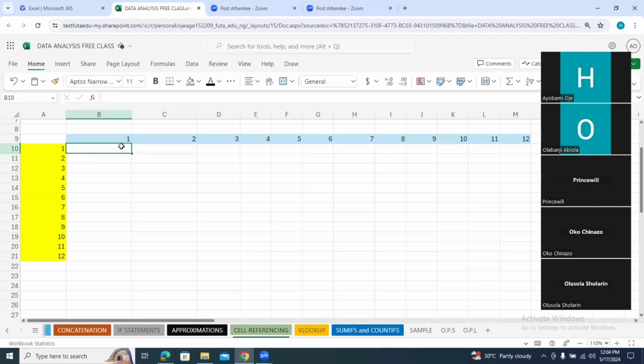So what I'll do now is I'll say equal to this times this. But then I won't stop there because I want to multiply all of this row by only this one. So what I'm going to do is put an absolute lock on both the column and the row of 1, because I don't want 1 to move to the next line on the row, and I don't want it to move to the next line on the column. So I'm locking it down so that Excel understands that I want to multiply this by 1. So if we do that,